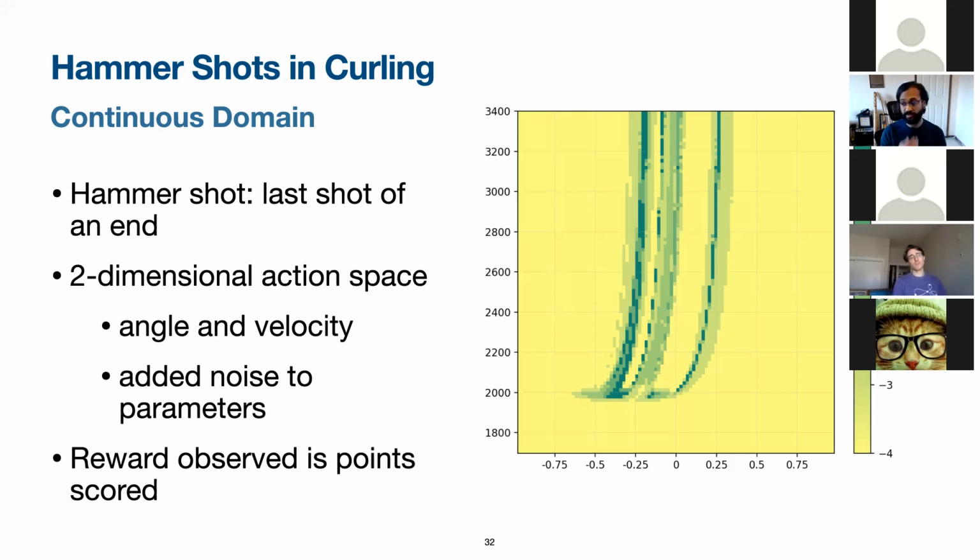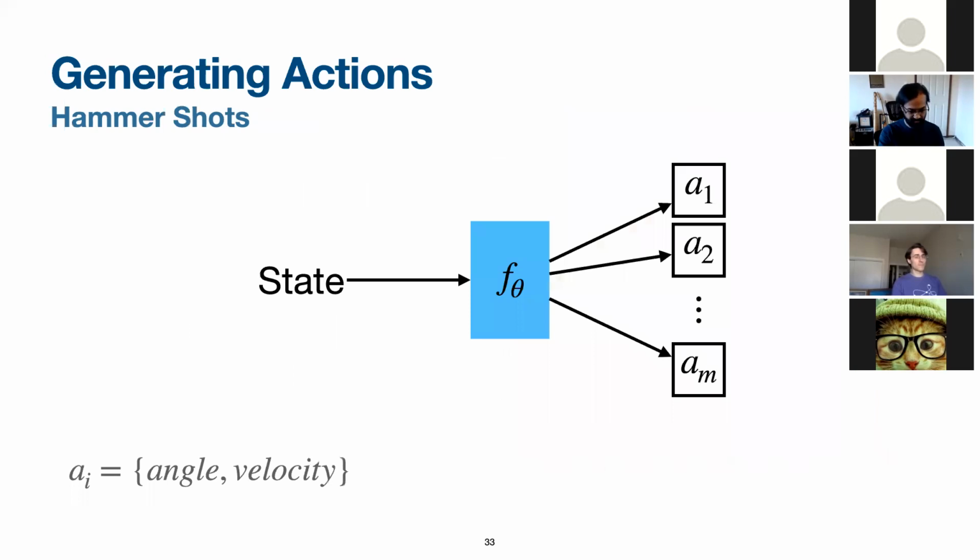If you're familiar with curling, you might think, isn't there also a turn that influences the actions? In our simulator, we model turn as a binary variable, and to restrict our analysis to the continuous parameters, we just set the turn to be constant for all actions, and so we only need to concentrate on the angles and the velocities.